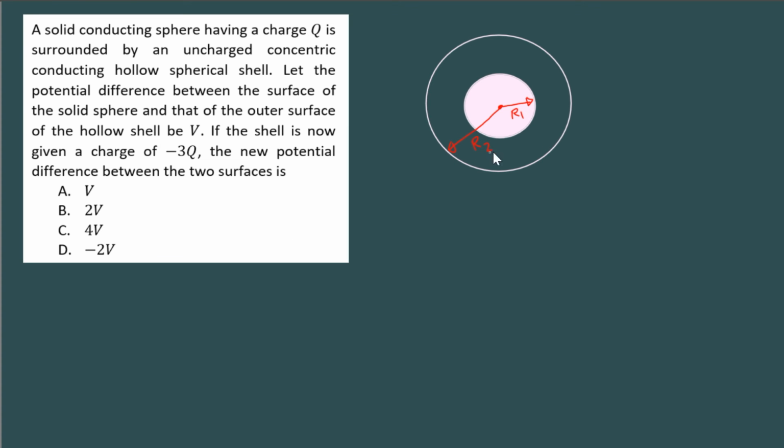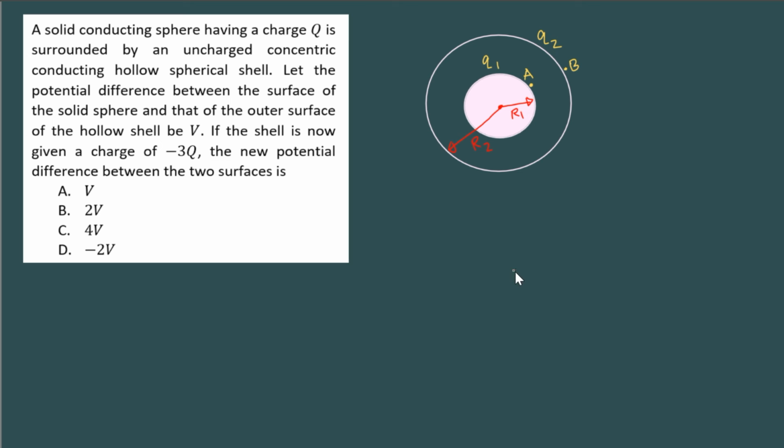Let the charge on the solid sphere be q1, and the charge on the spherical shell be q2. Because they are metals, the charge will be distributed uniformly. Here we are not interested in further distribution of the charges. We are only looking at the potential. Now let us take 2 points, A just on the solid sphere and B just outside the spherical shell, the outer shell.